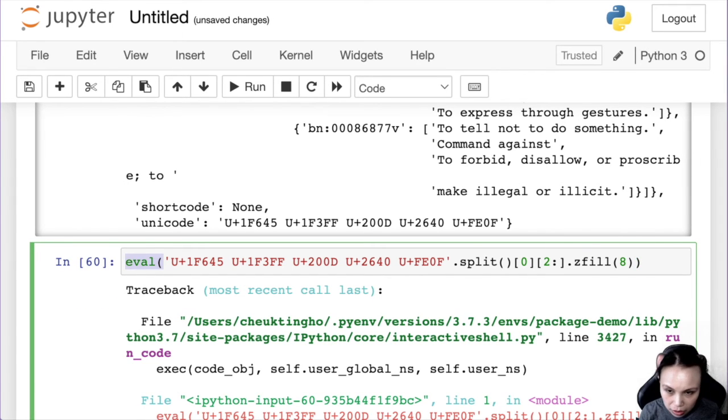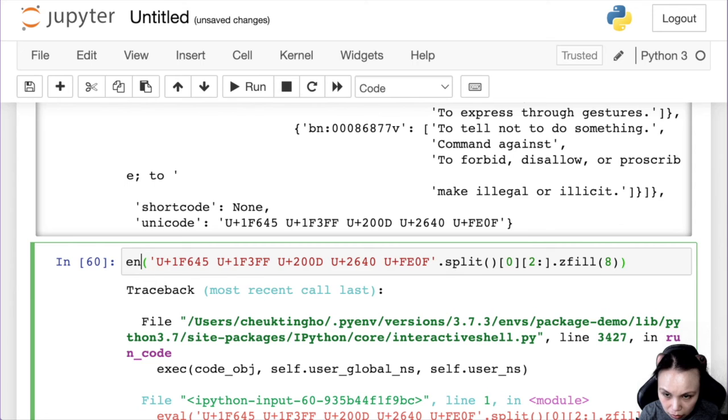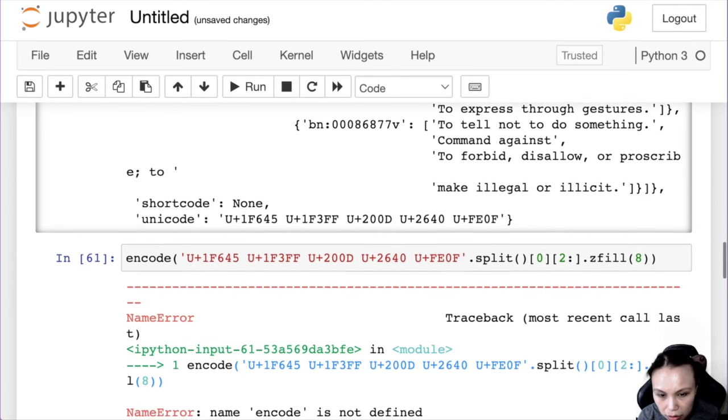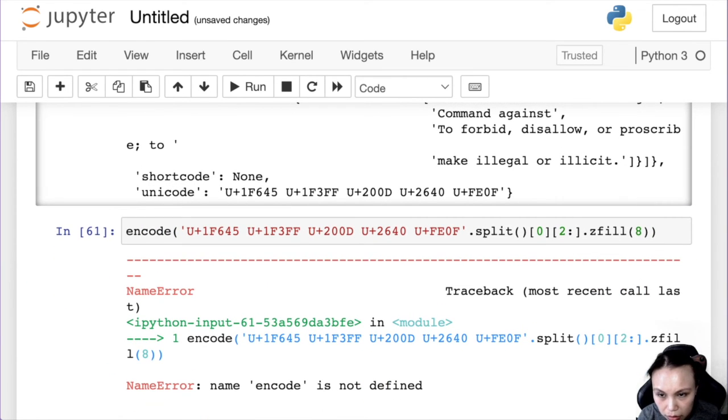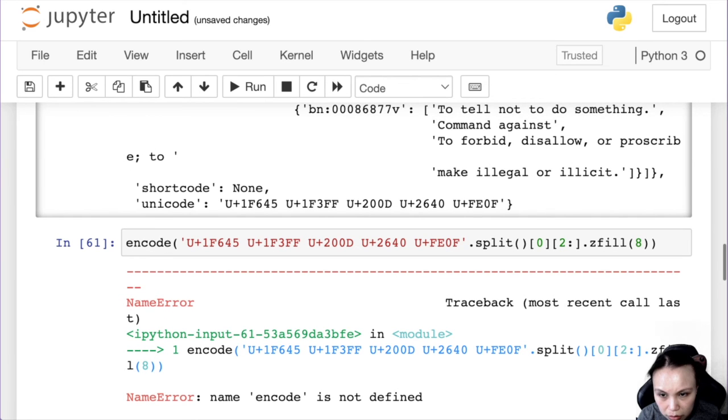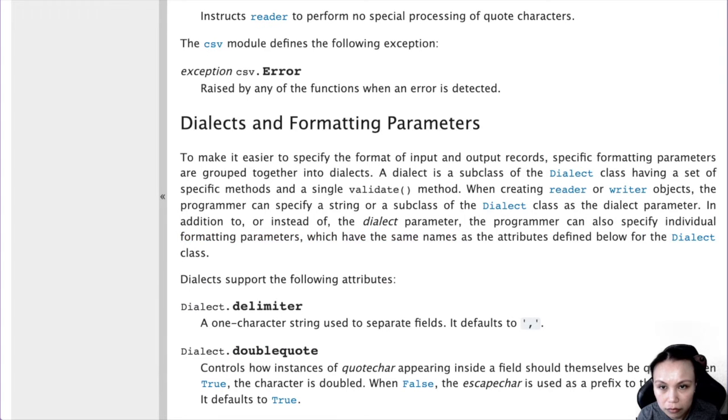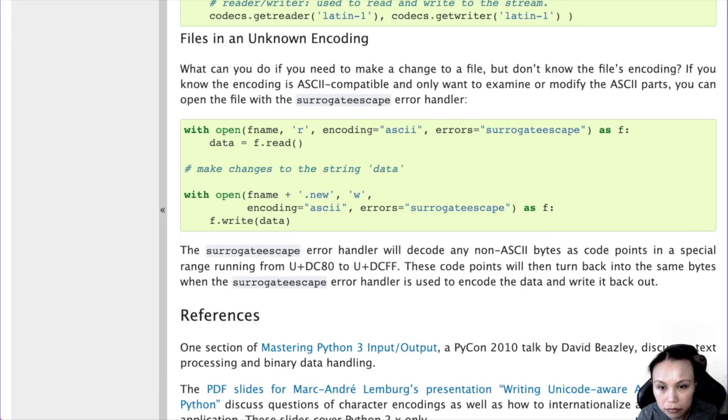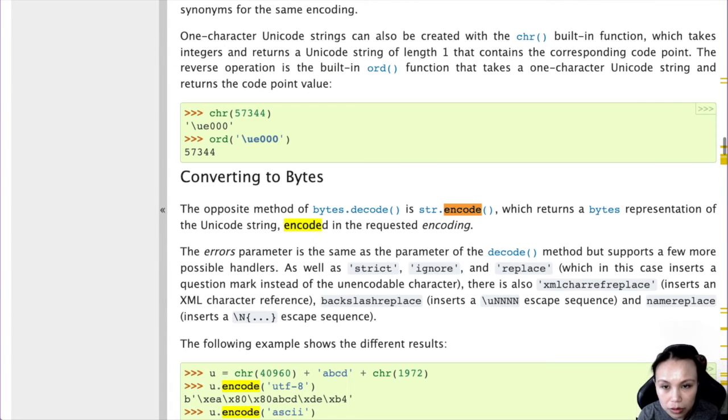How can I make it an encode? Like that? Oh, no. Code is not defined. So, encode. Oh, string.encode.